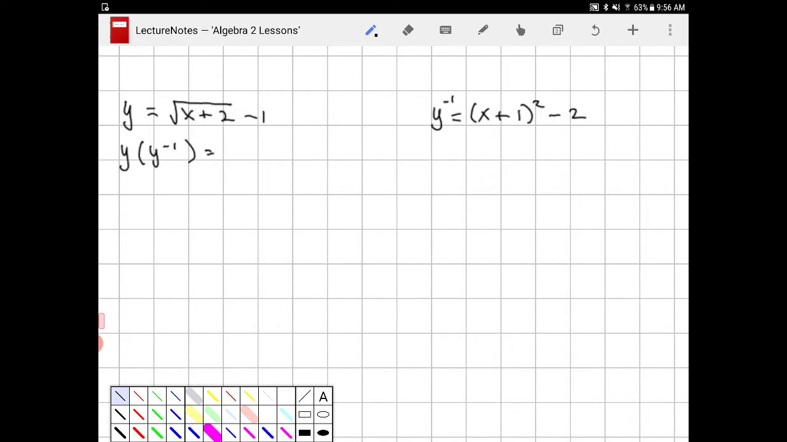So what's going to happen then? Well, I have square root of x plus 2, and wherever I see x, remember I'm substituting in y inverse. So that's x plus 1 quantity squared minus 2 plus 2,